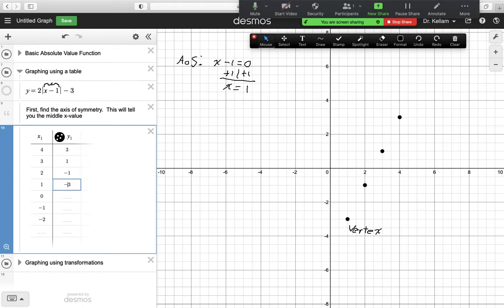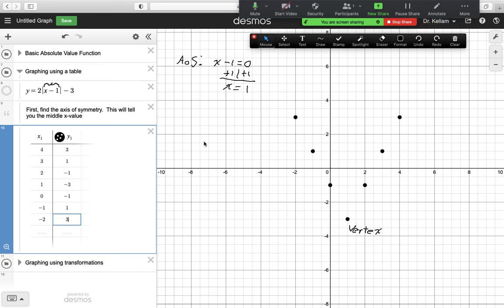We also know that this is the axis of symmetry, meaning as long as this distance is the same, then these values will be the same. So 0 is a distance of 1 from 1, therefore I look at the value for 2. We keep going in this manner, so it would be 1 and 3. And there's our absolute value